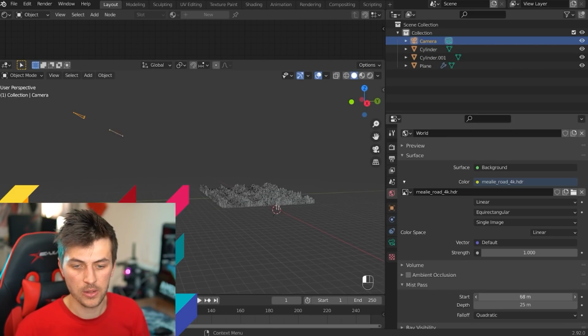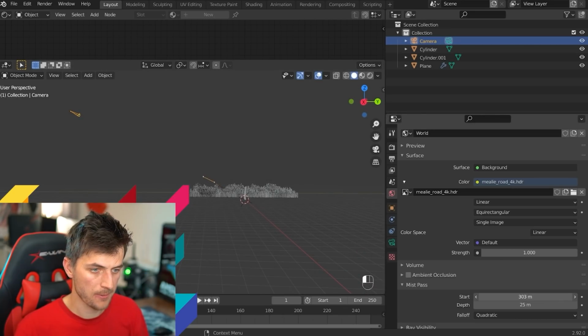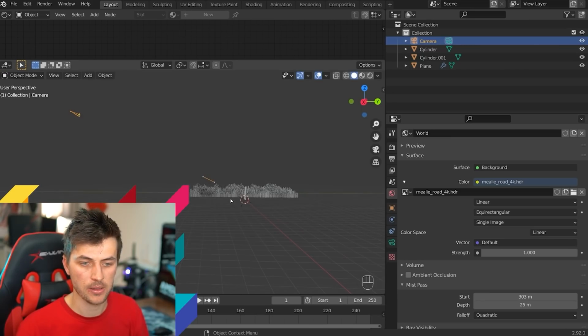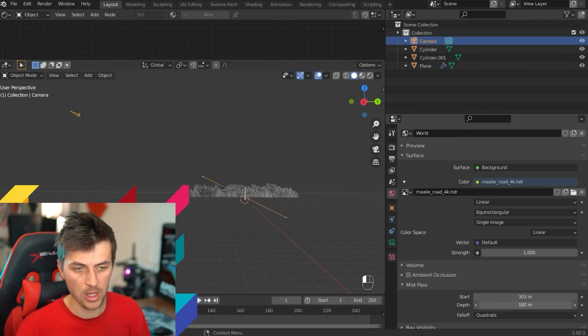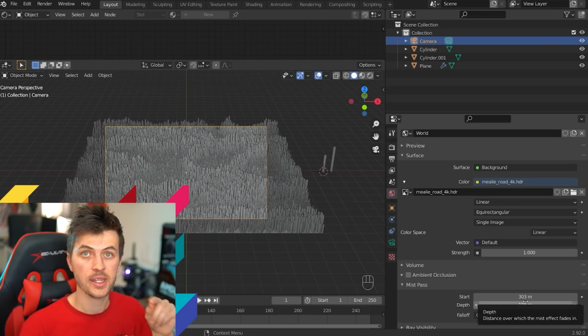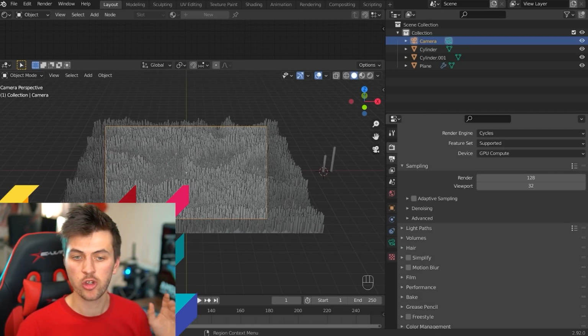So I'm just going to pull this value to be something really large all the way down to about there. So it starts right about the beginning of our plane, a little bit past the beginning of the plane. Then I'll take the depth and make that continue on just past the ending of our plane of particles. And with that setting enabled now, if I was to do a render here real quick, I'll show you guys